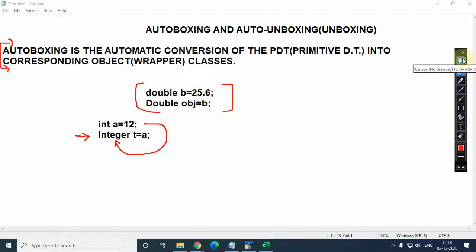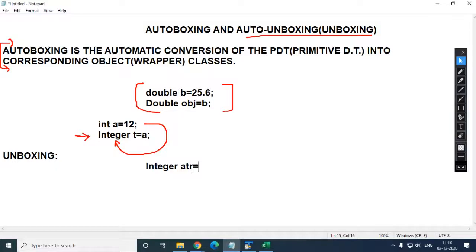Yes, sir. So now what is the unboxing, the second part, or you can say the auto unboxing, just the opposite of this. See the example. So here, very easy thing, again I am repeating.